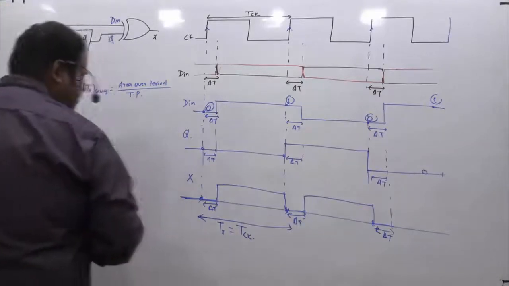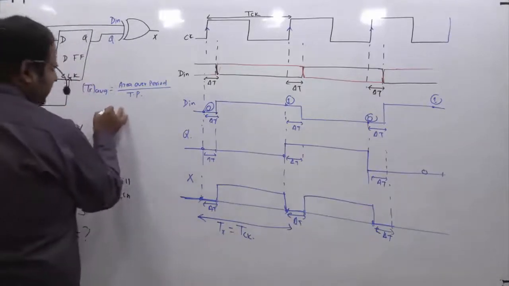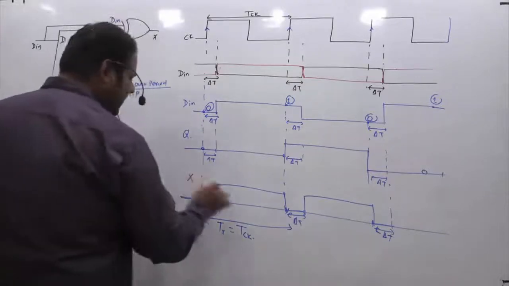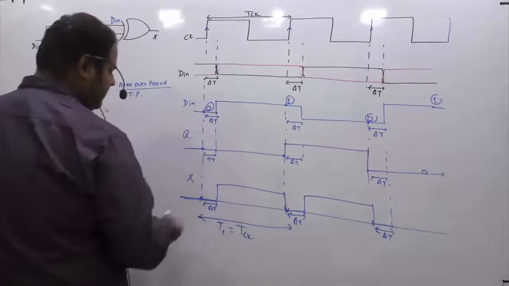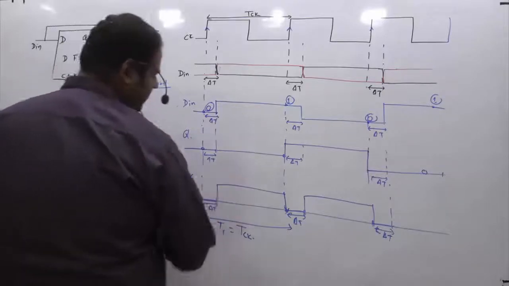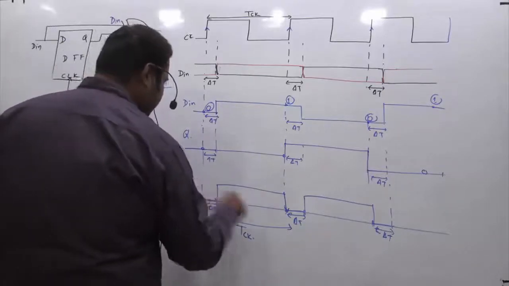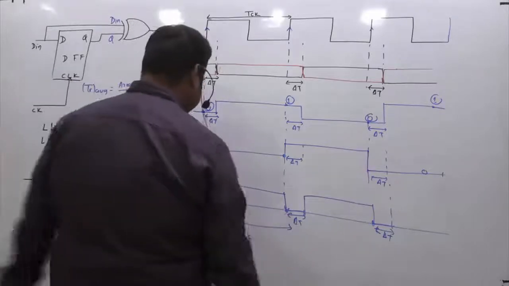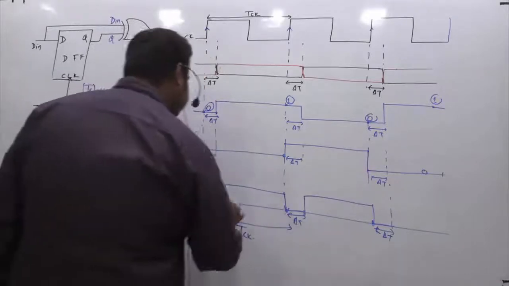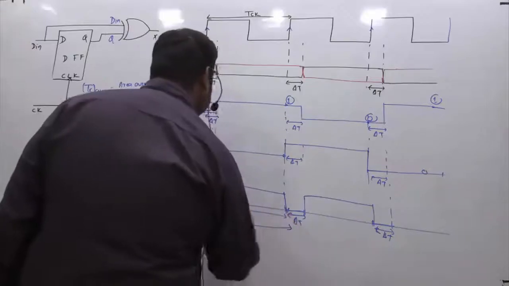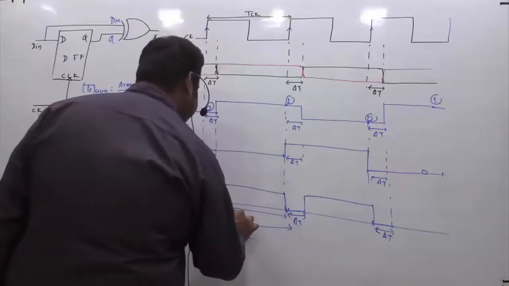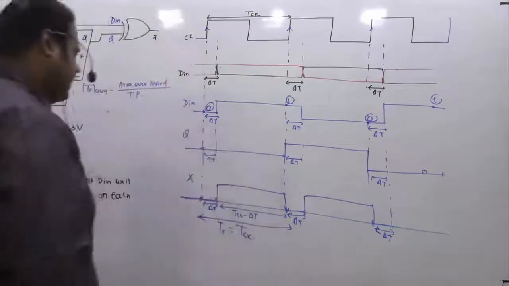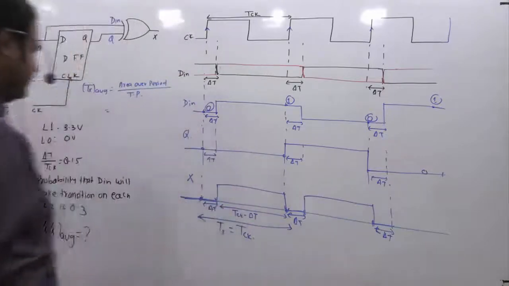Okay. So if I ask you to find this area, what do you get? If you see in one period, I have two segments. One is this segment, one is this segment. What is this gap? This total thing is T clock and this is delta T. So this gap is Tck minus delta T. Hope you agree. And if I add both of them, it is again Tck.